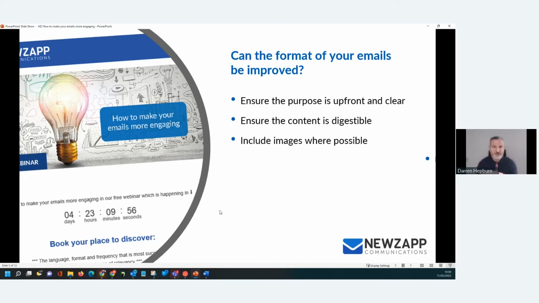So how can we make sure that the emails now follow that engagement protocol and get you some responses based on the fact that you're now actually physically looking at the email itself? So how do we structure that? We made sure that the purpose and the